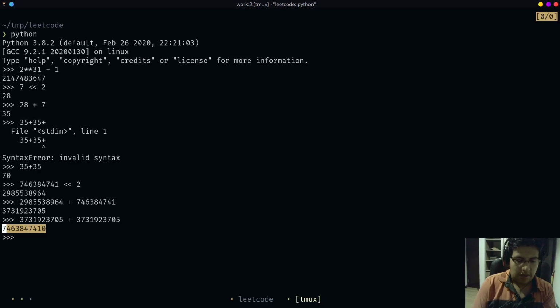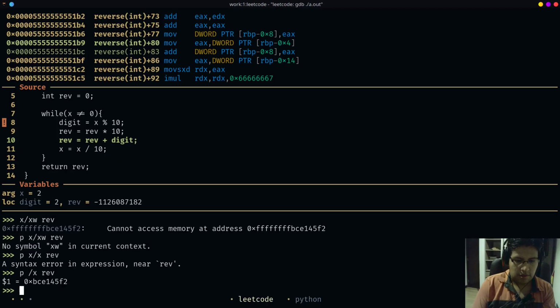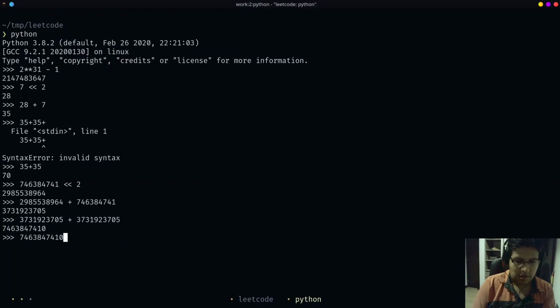Okay, and this is the value, and what it was supposed to be is this number, right? Let's convert this to hexadecimal. This is the value that we were supposed to have, but we didn't, right? Instead we got